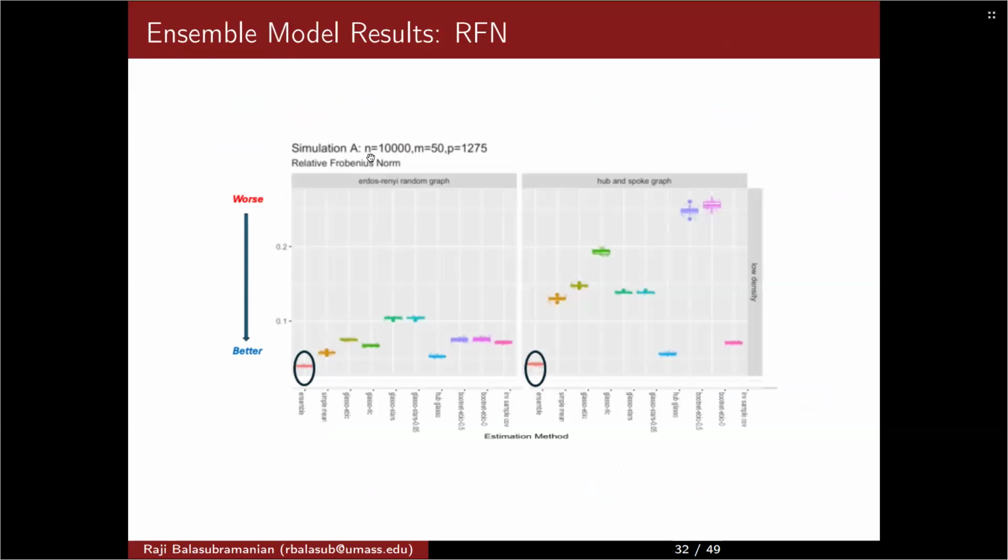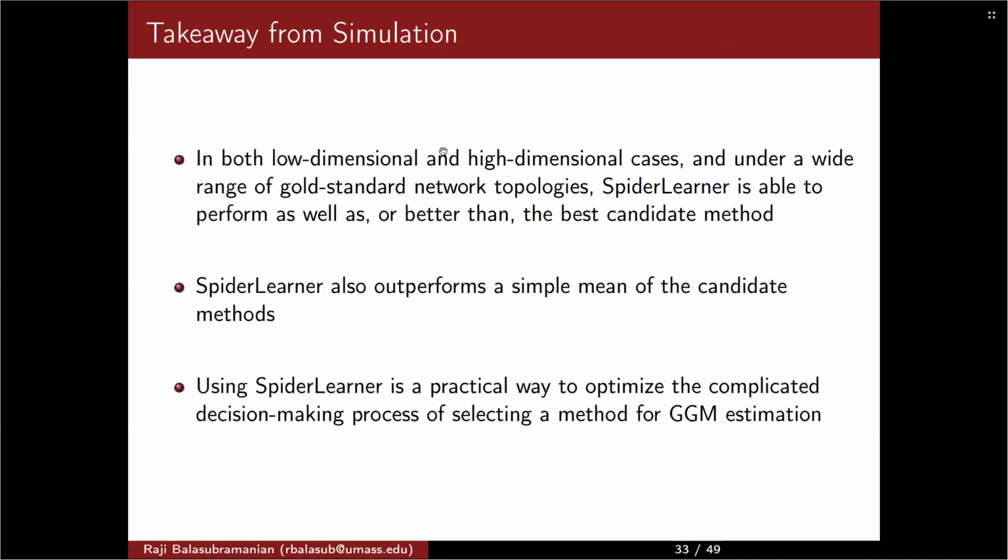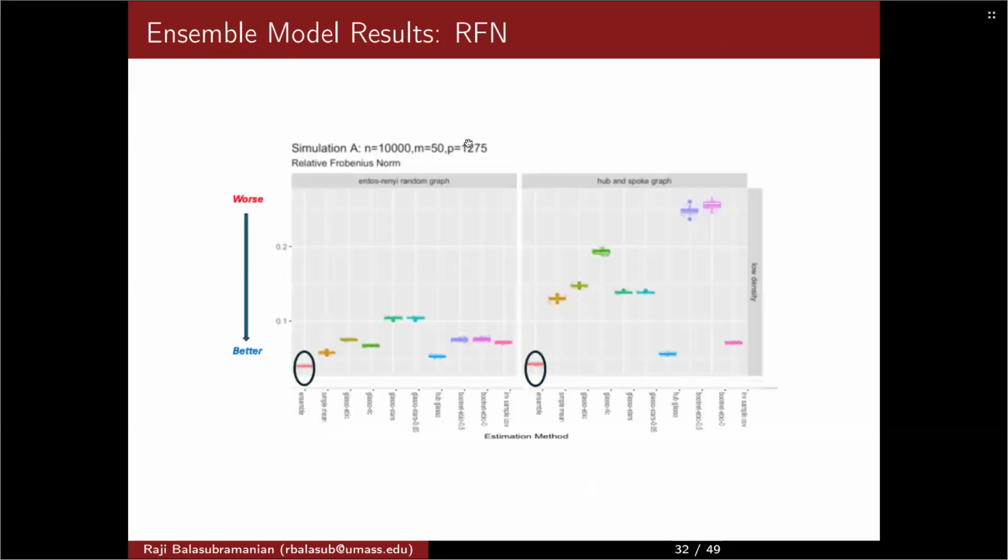In the setting where you had a network of 50 nodes, you're estimating 1,275 pairwise connections, or 50 choose 2. And let's say you have 10,000 people in your data set, then our simulation results shown here show that for